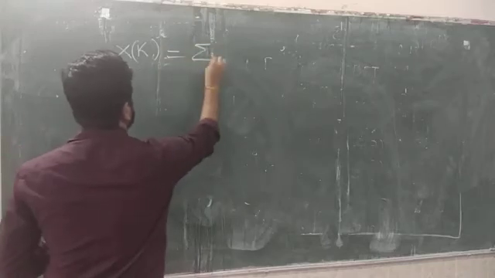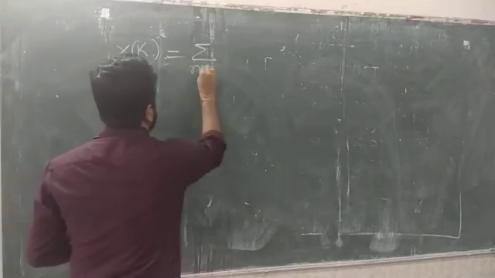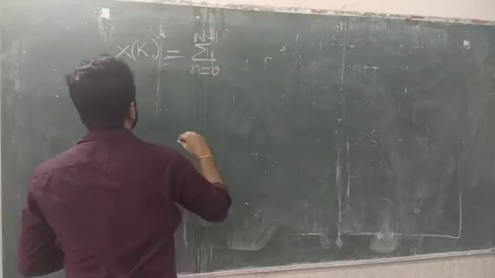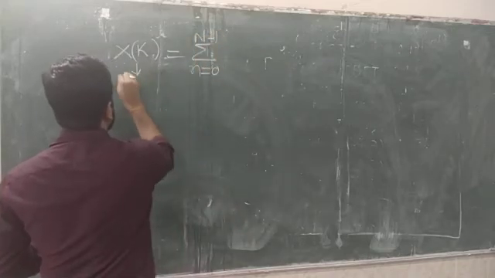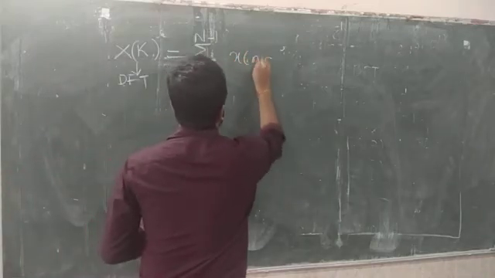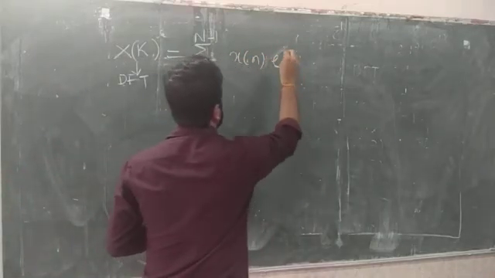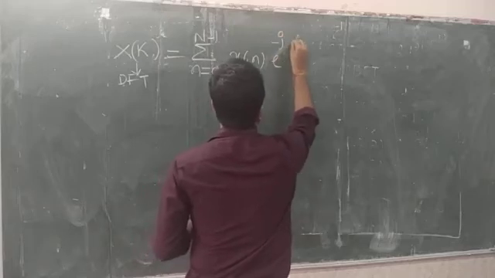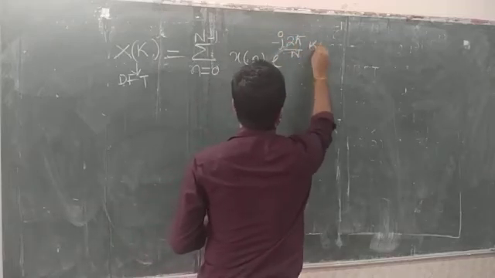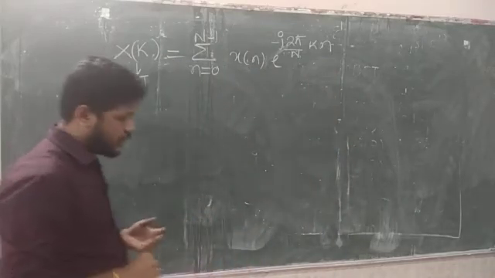That is the summation of, here always remember we have to take a finite number of samples. So the summation is always going to be n equal to 0 to N minus 1, and this is your DFT, x[n] e to the power minus j 2 pi by N into k into n. So this is the definition for the discrete Fourier transform.